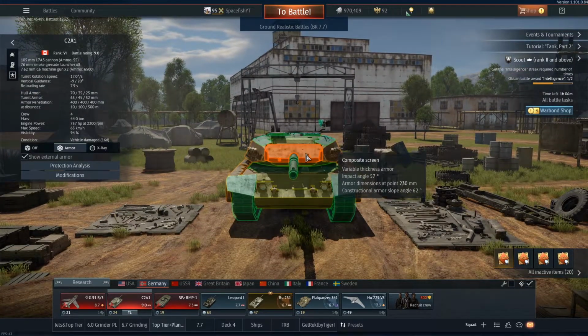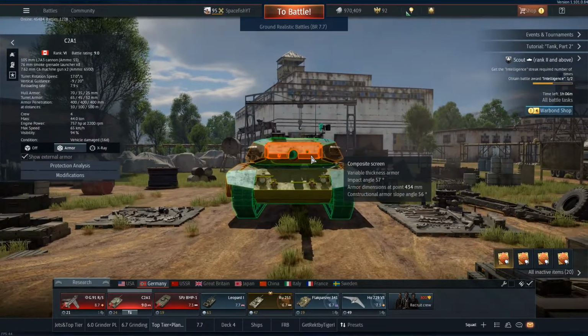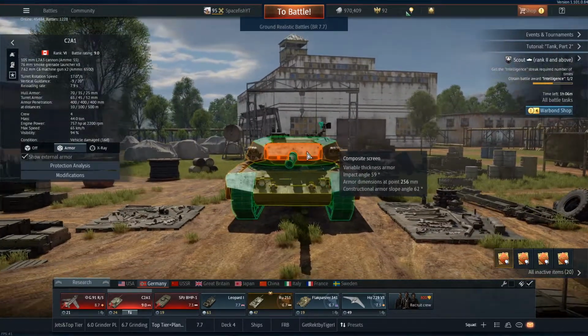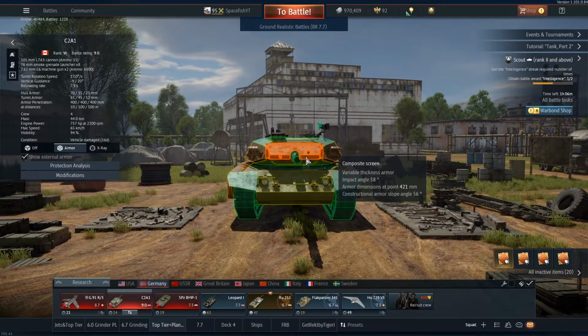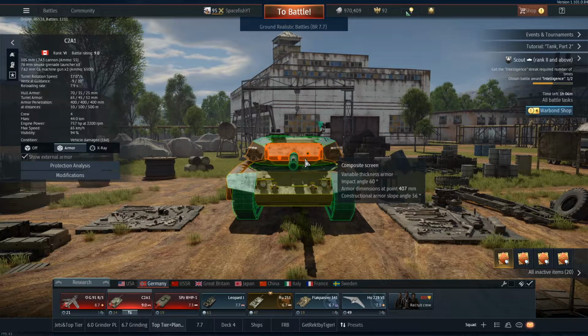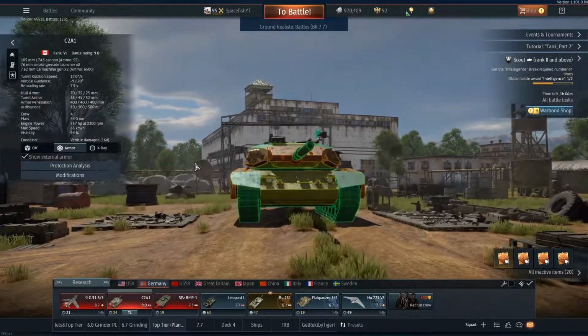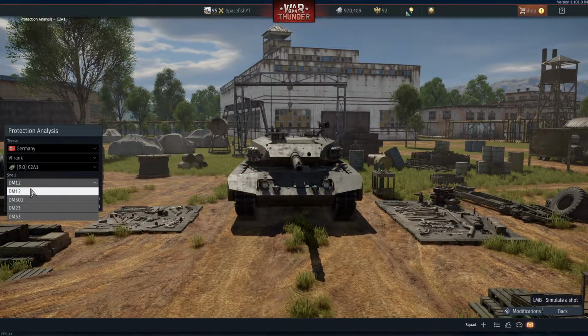I mean, the best armor part here is this composite screen at the front of the turret, which will occasionally, potentially save you from lower pen rounds. You can see, in some places you get up to like 400 millimeters from whatever direction you may look at. But if we go into protection analysis and we actually go for a proper round, like